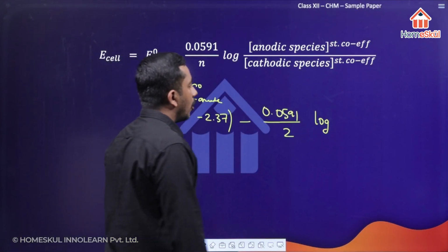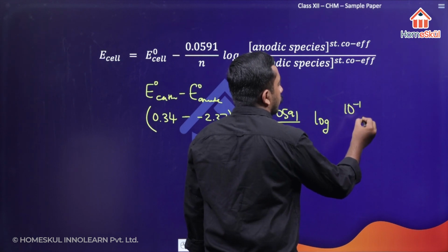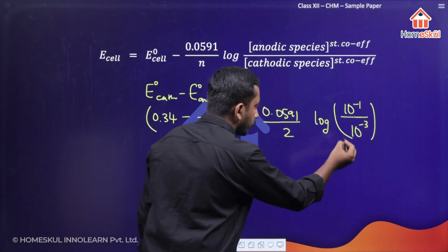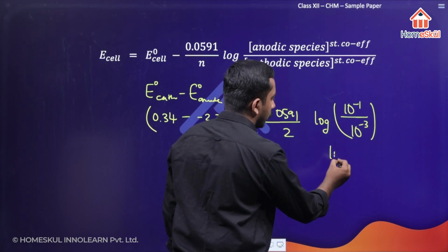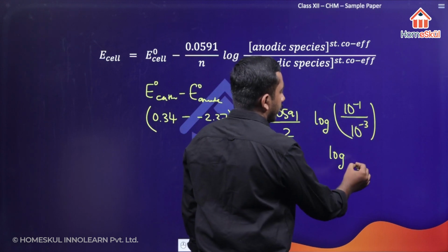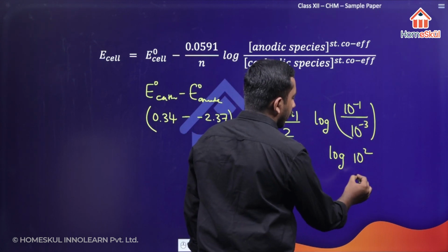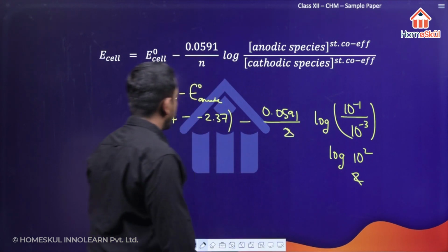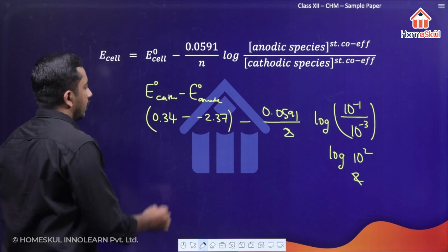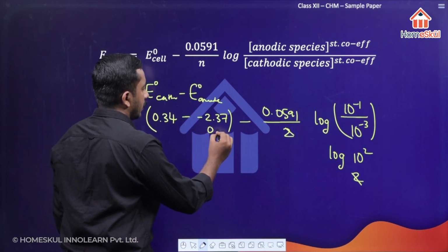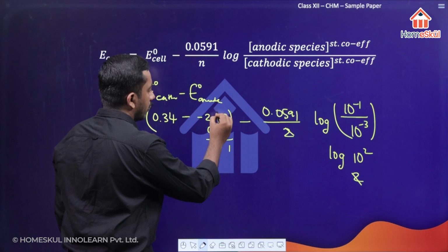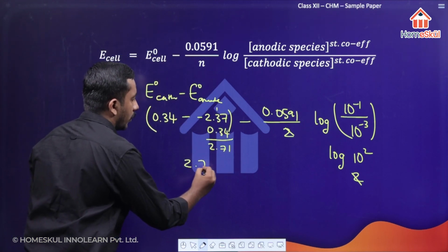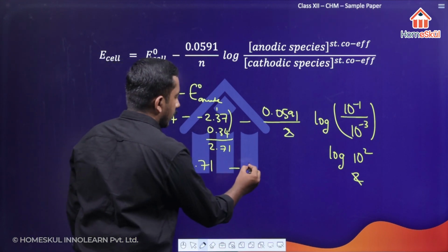So that is going to be log of 10 raised to minus 1 divided by 10 raised to minus 3. So this will be log of 10 raised to 2, that will be 2. So this 2 and this 2 are going to get cancelled. So this will be 2.37 plus 0.34, which will be 2.71. So E0 cell here is 2.71 minus